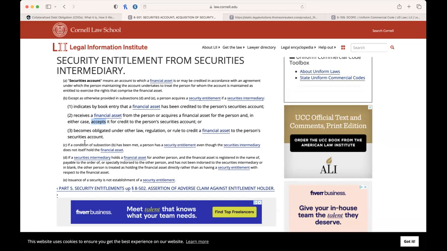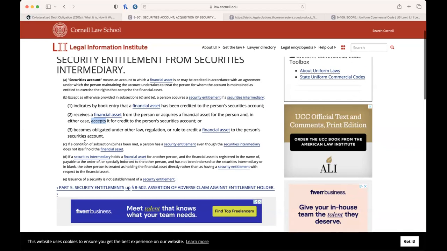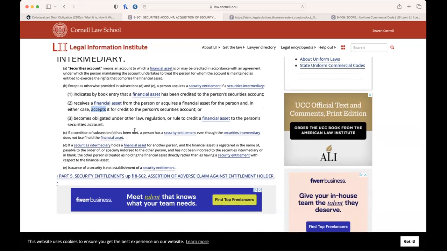And that's why I wish I could find this, because I want to show you. I'm not sure if some of you have seen this online. I've seen a few people posting them now where you get the ledger from them, and it starts off with the amount you owe, and next to it I think it said loan or advance received, and then it said something about receivables, loan receivables, or something like that. But it is literally that, so those words won't be so strange for you. And when you're seeing them now and you look, you can recognize and understand what is occurring. So if a condition of subsection B has been met, a person has a security entitlement,